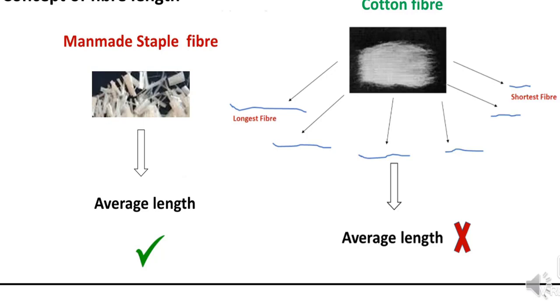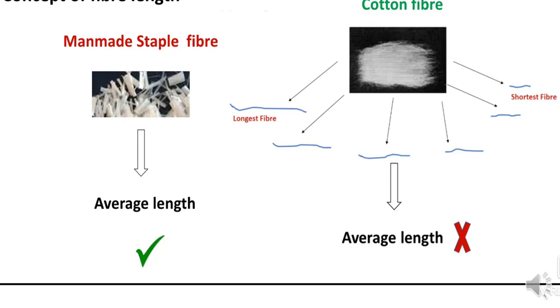Because you are going to use this length result of the test for setting the rollers. Unless and until you set the roller correctly, it is not possible to get good quality yarn. And we are setting the rollers. You might have studied in the spinning subject that we have to set the rollers based on the length of the fiber. Now let us assume that you have measured average length and you have set the rollers. As far as the roller drafting system is concerned, we don't have any positive control on each and every fiber. Assume you are setting your roller based on average length.